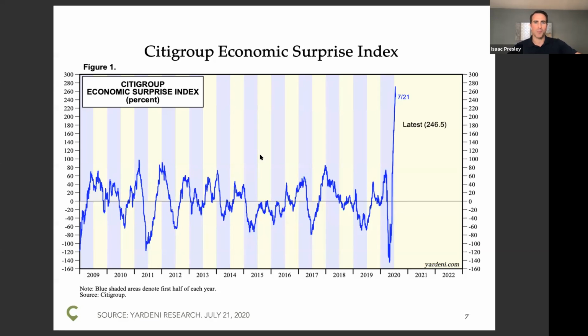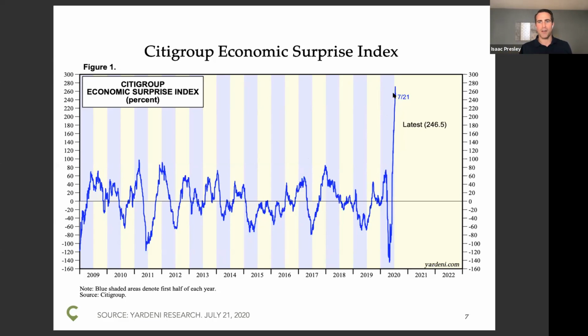Part of that's because the bar's been pretty low, expectations have been low, but part of that is it's just exceeding the market-wide expectations out there, which tends to be a good thing from a market perspective. It's more about better or worse than expectations than it is, in an absolute sense, whether the data is good or bad. So that's one thing that obviously the markets are paying attention to. We're continuing to watch. It's hard to make out here, but recently the data has been coming in